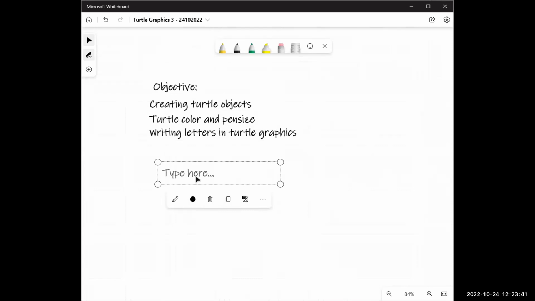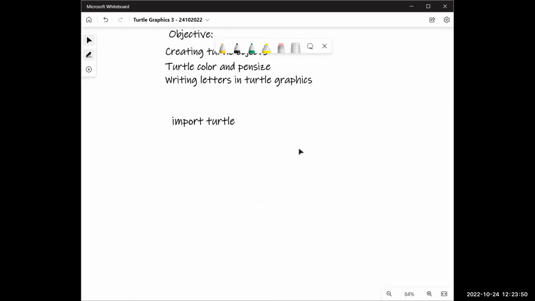Now, whenever we are using turtle, the first thing is always to write import turtle. That's done. Next thing we're going to do is